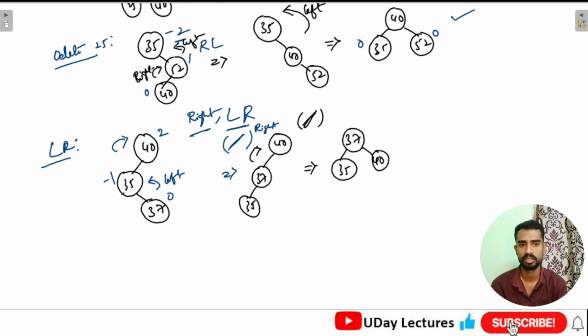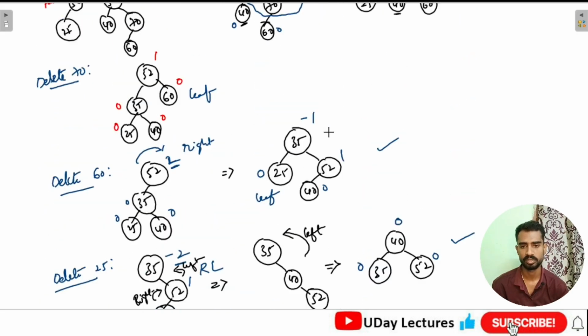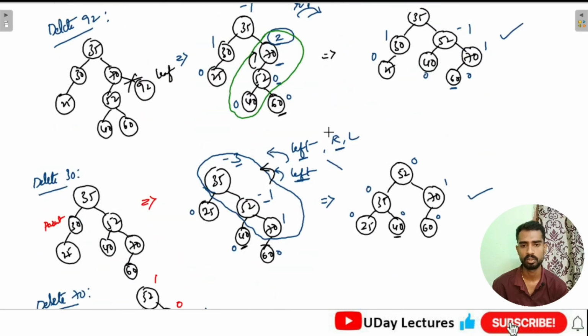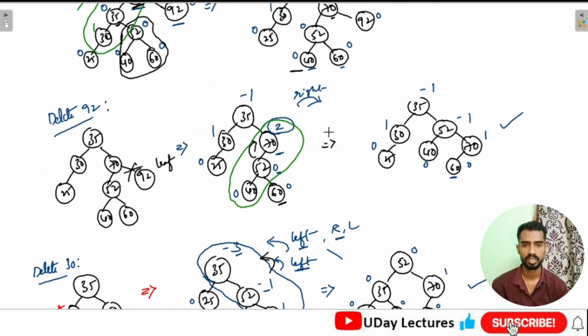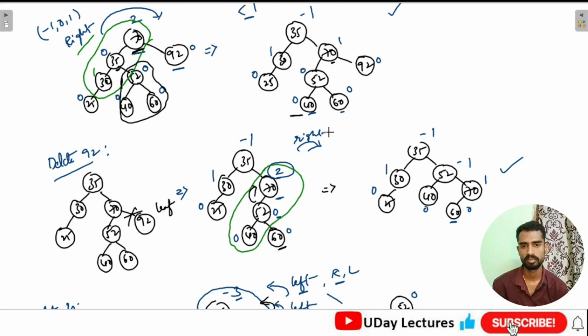This is how you perform a left right rotation in the deletion operation. I believe you have understood what I actually mean. In the deletion operation also, if we end up in this situation, then you have to perform a left right rotation. If you calculate the balance factors, they are within the range. Now we don't have to worry about any more rotations. Also do understand, in this example we got all the balance factors of the tree updated by performing a single rotation. But in some cases, if the examiner is giving you a complicated question,